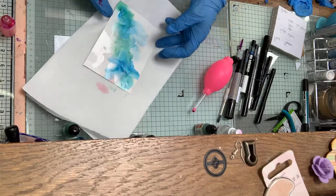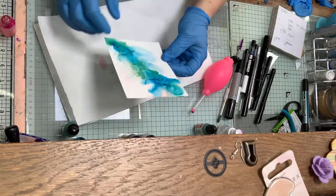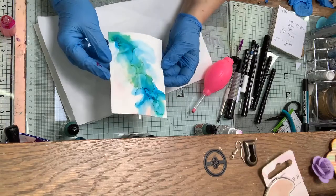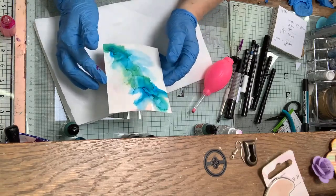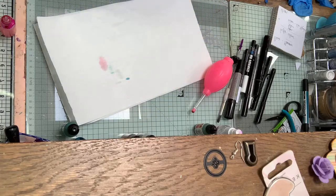And that gives you quite a nice effect to have on a card. So that you see how they move quite nicely on the Yupo. Gives you a lot of flexibility. Okay, so